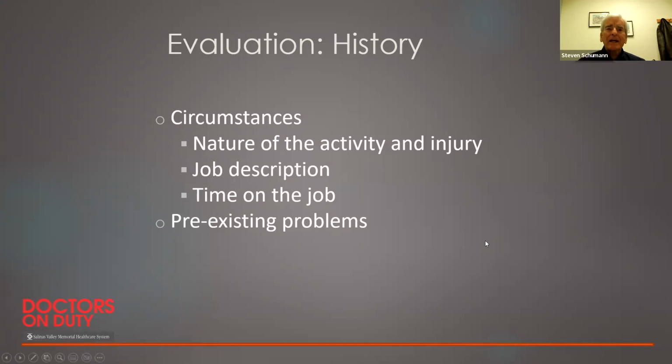The decision we're making, the carriers ask us to make, is an AOE, COE decision, arising out of and in the course of employment. And what that means is we need to determine that there's a causal relationship arising out of, there's a causal relationship. The work that they do could reasonably cause the problem with which they present. And there's a temporal relationship, arising out of and in the course of. In the course of is the temporal relationship. Is there a reasonable time relationship between what they're describing and what's going on?